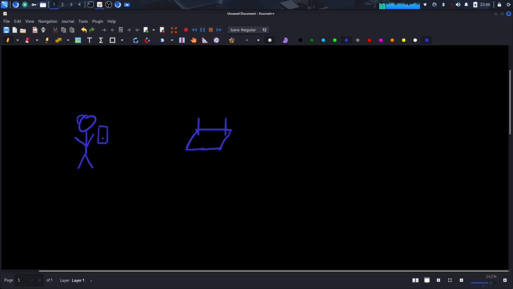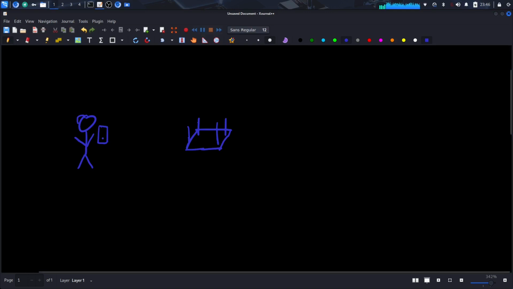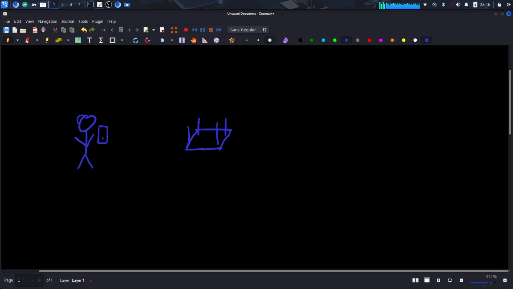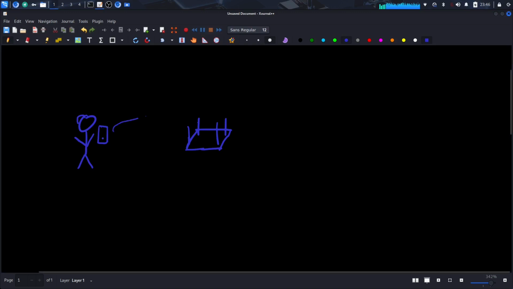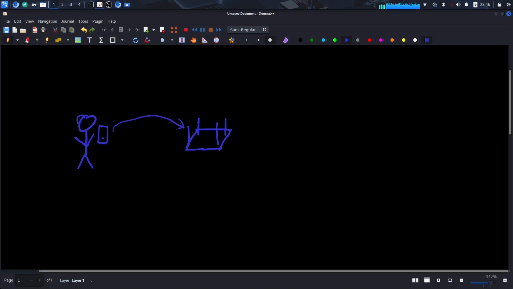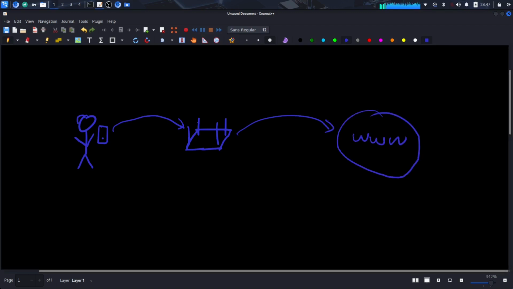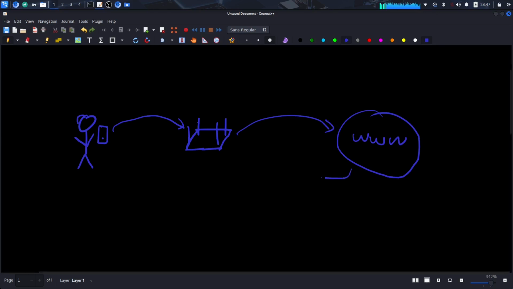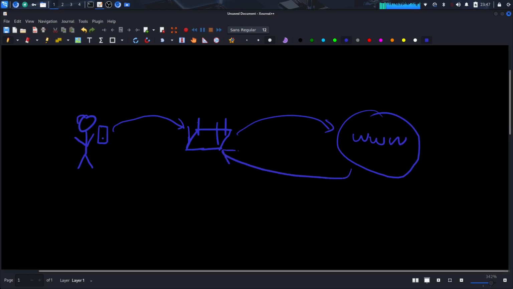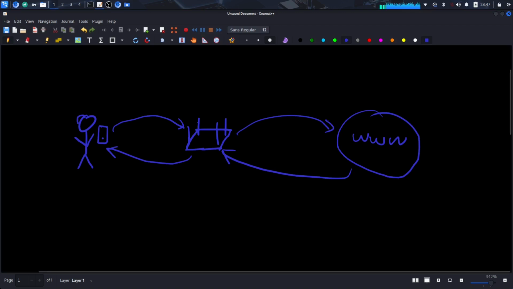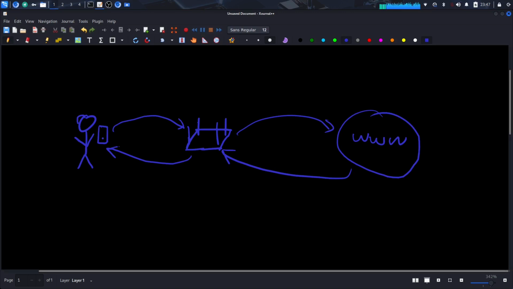If I can get the stylus to work properly. There we go. It's a box with some antennae. He sends some requests to this box and it sends them over to the big World Wide Web. Then it gets information back from the internet and sends it back to our spy,